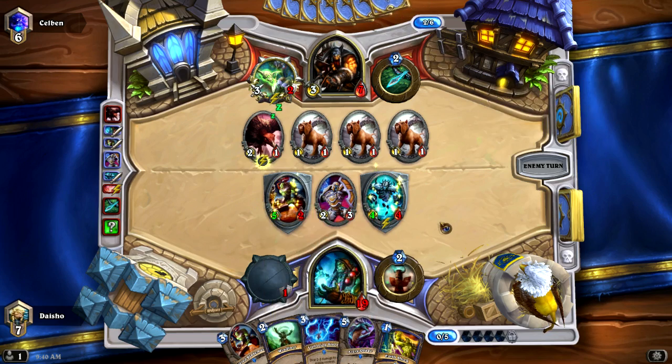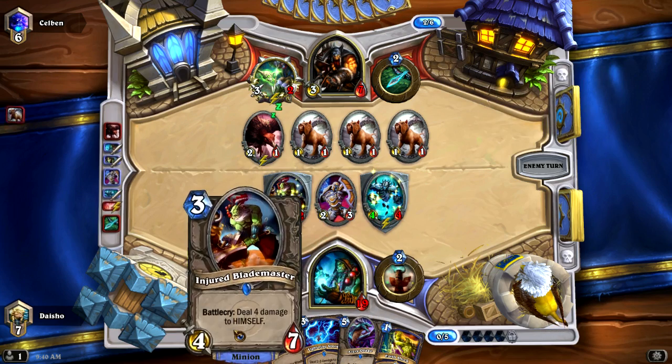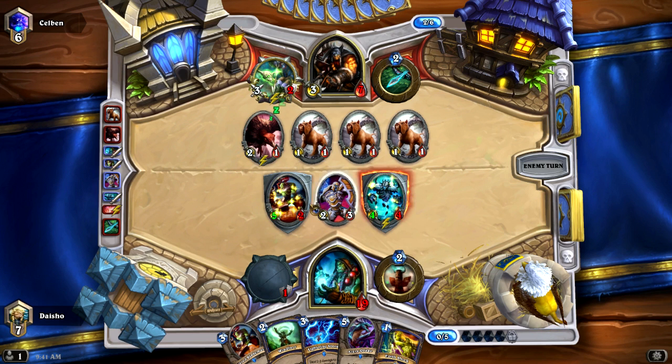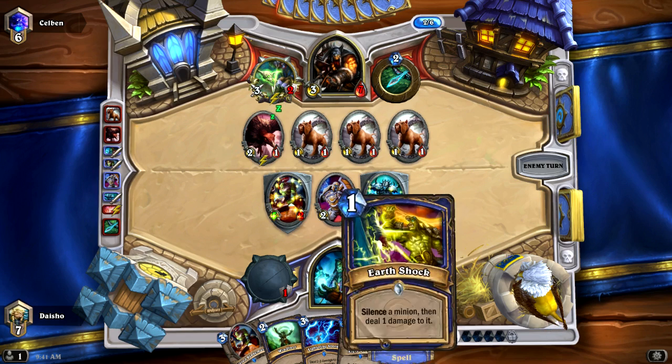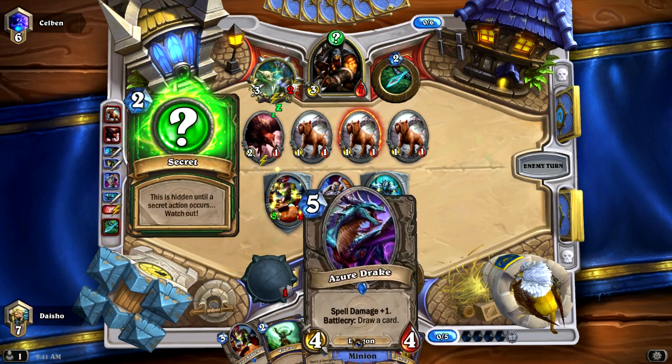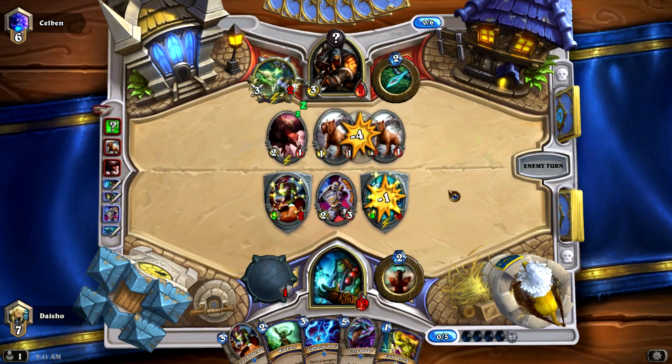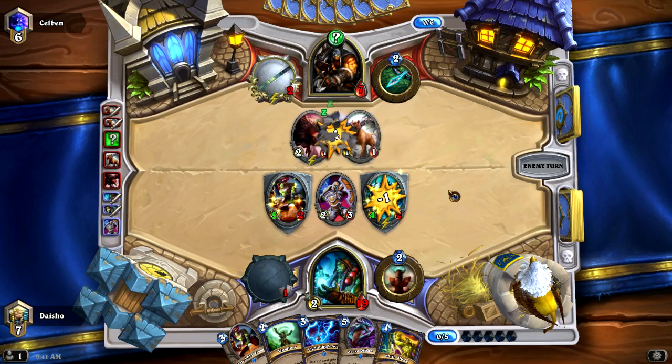I mean, I do have the Lightning Storm, so I can get rid of his board. I have an Injured Blade Master to refill. And he's basically got to clear my board. I mean, sure, he's probably got 1 Timberwolf, so then that'll allow him to get rid of the taunts. I can Earthshock this guy. I don't even have to use a Lightning Storm. Still play this Azure Drake. Okay, so he's got a secret. So just because... Oh, but he doesn't have...